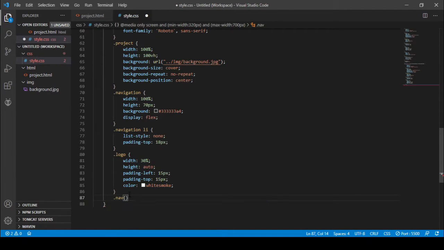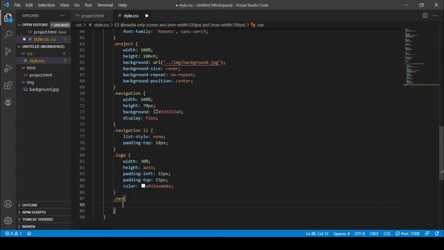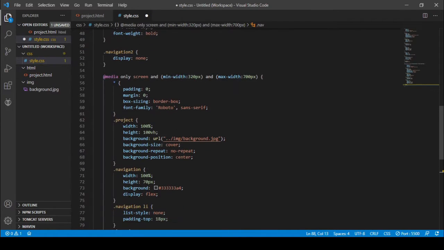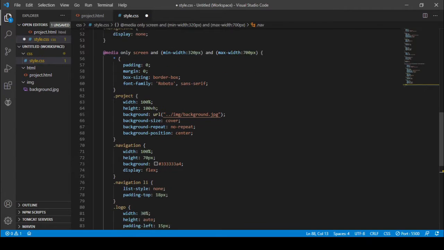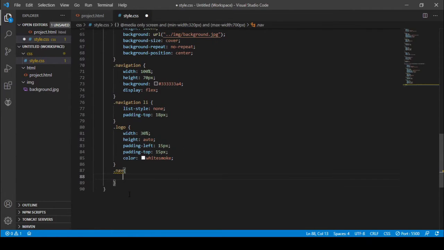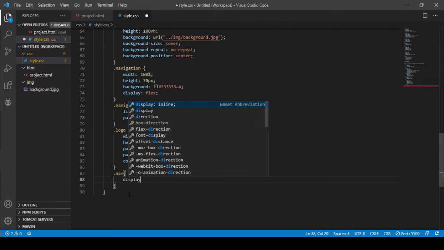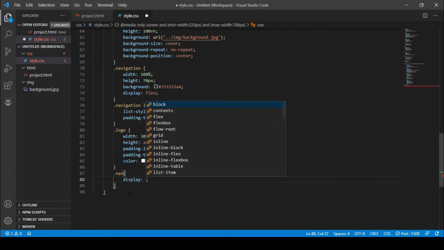I don't want to see the nav class in the minimum width of 320 pixel to 700 pixel on here, so that I can give the display as none on here.